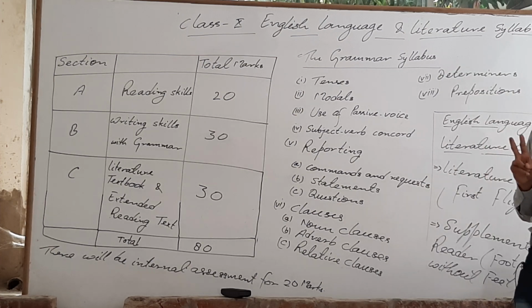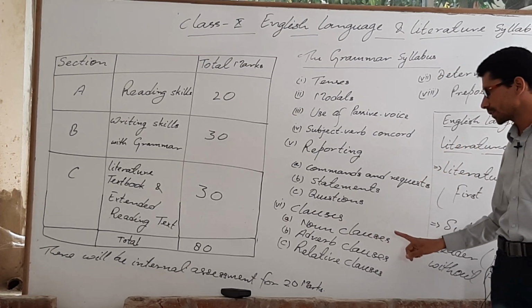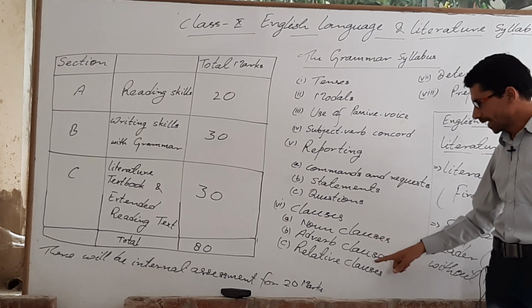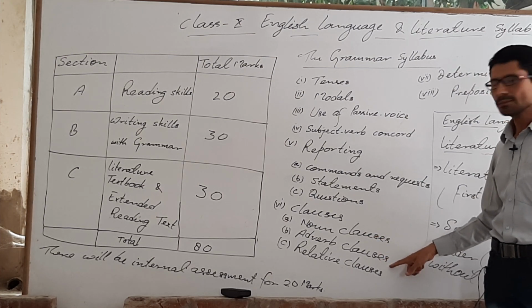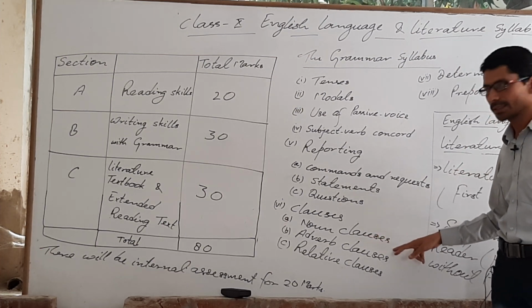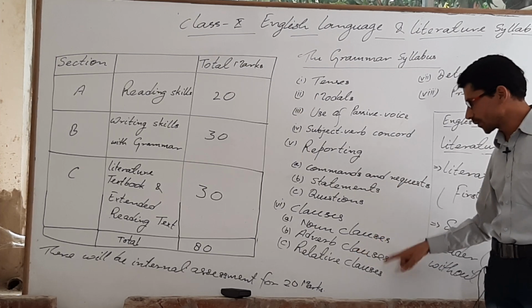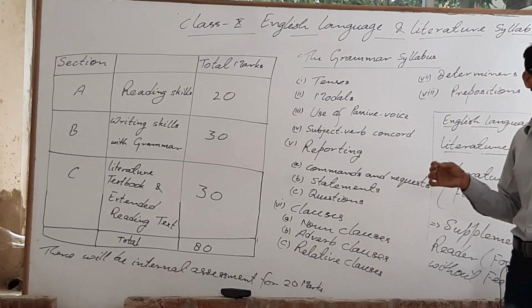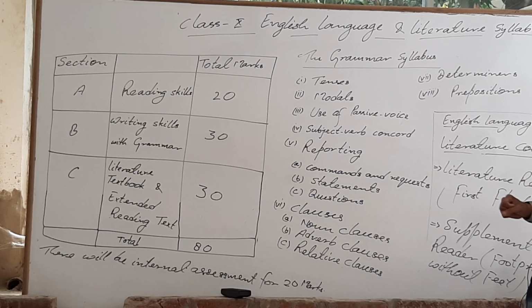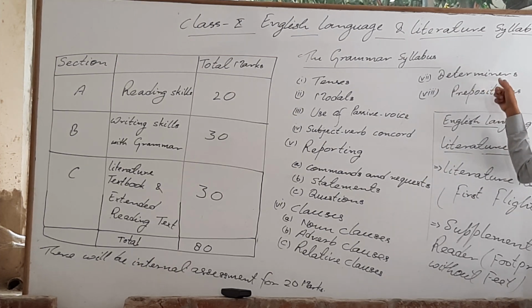There you have to study only 3 types of clauses in class 10th: noun clause, adverb clauses and relative clauses. Noun clauses are made from nouns, adverb clauses are made from relative adverbs, and relative clauses are made from relative pronouns. Besides it, 7 number determiners, like a, the and other determiners.